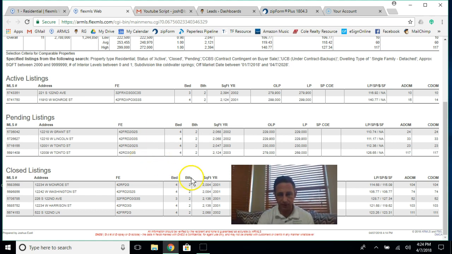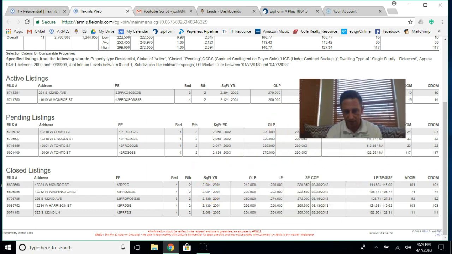The other factor of this is the fact that there's only 2 active homes right now. So 5 closed, 4 pending, 2 active. That's a sign of a hopping market. If we had like 6 active and 3 pending, we knew it would be a buyer's market. We could come in and haggle. But as of right now, with everything selling basically right at or close to asking price, as you can see